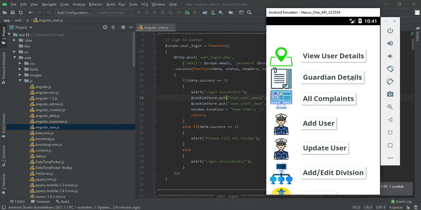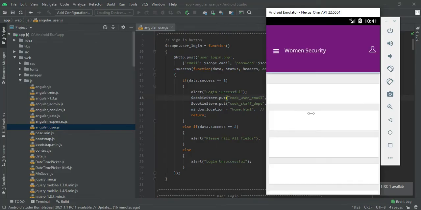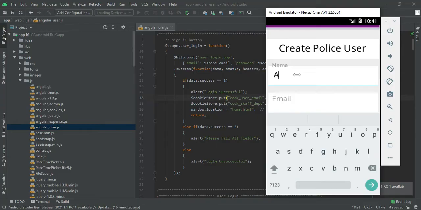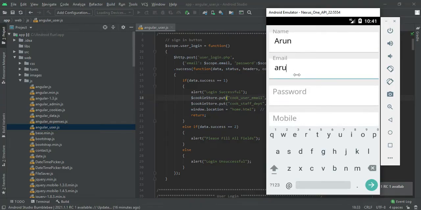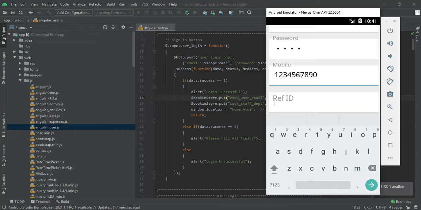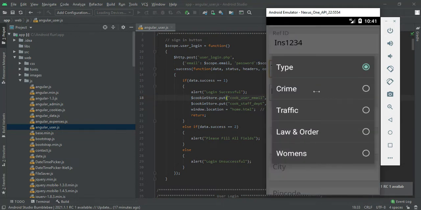Next, we can add a police officer now. Click on add users. Here you have to enter the police officer name, email ID, and station address. Here we have four types of stations, like crime, traffic, law and order, or women's.